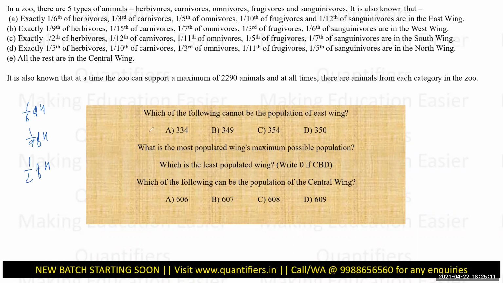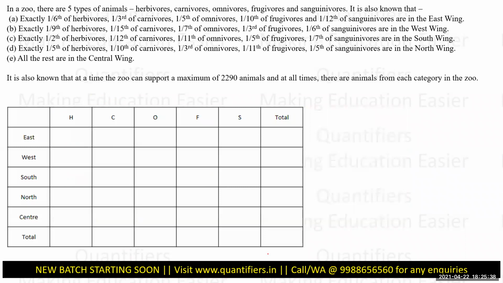Can I say from this that I can only get some tentative idea about the number of herbivores? For example, if there are only these three ratios, I can make out that the total number of herbivores will be of type 18, where 18 is nothing but the LCM of 2, 6, and 9. So the total number of herbivores will be a multiple of this LCM. Similarly for other fractions, I am given this data. Now, let me write these fractions and try to get some tentative outcome out of that.